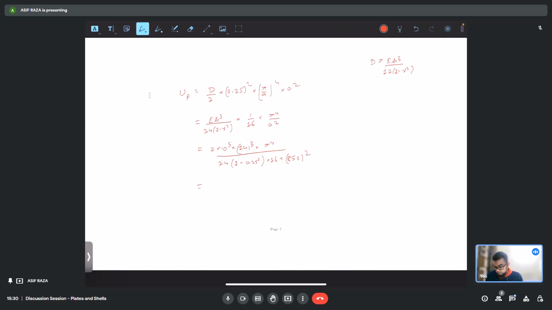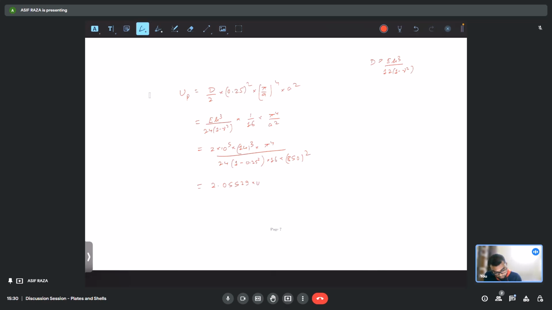So the value will come out to be 14 cube into pi to the power 4 into 2 divided by 24. So this comes out to be 2.05529